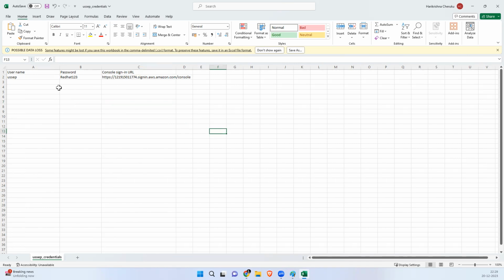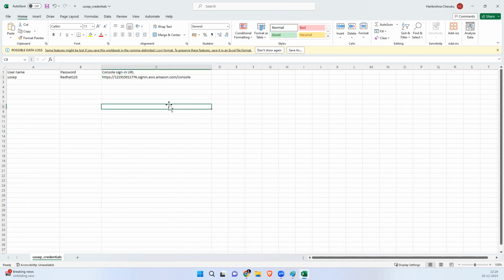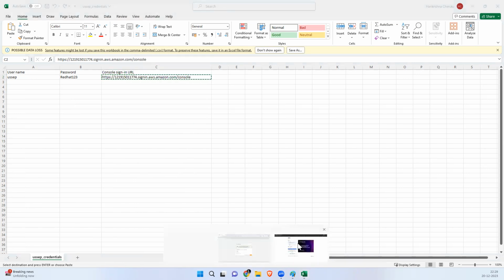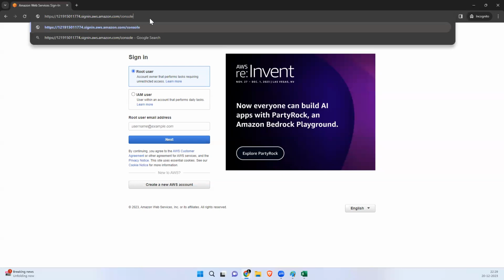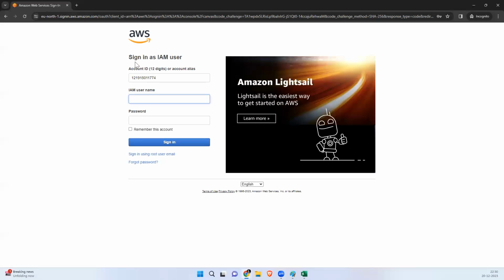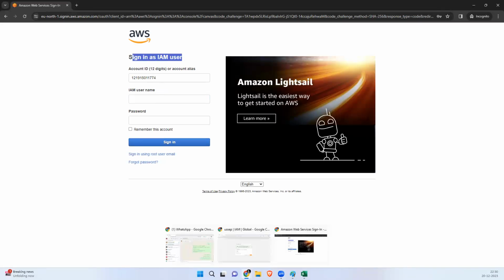If you want to sign into this user, you can use this URL. I'm using this URL, and I want to connect to this server. You see, sign in as an IAM user.